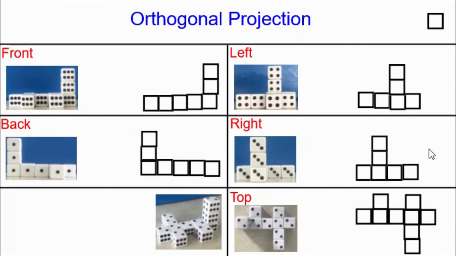Now the take-home message here is we get to see why it's useful to have 3 views: a top, a front, and either a left or a right. Because when you take those 3 views, it's showing you everything that you need to see about the stack of dice so that you could figure out anything else that would be revealed by other views. That's why 3 views is enough. This is an